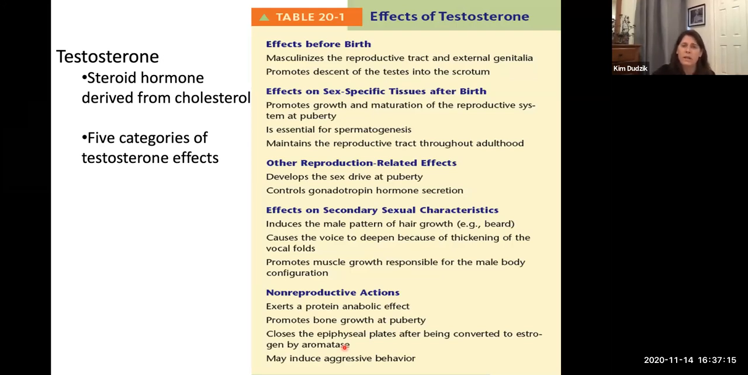So again, during fetal development, that sex determining region of the genes will turn on, and there'll be a burst of testosterone. And again, what that does is to masculinize the tissues that are developing so that they develop into the external genitalia of males, right? And then also promotes the descent of the testes into the scrotum, right? And then after birth, there's usually a long period of